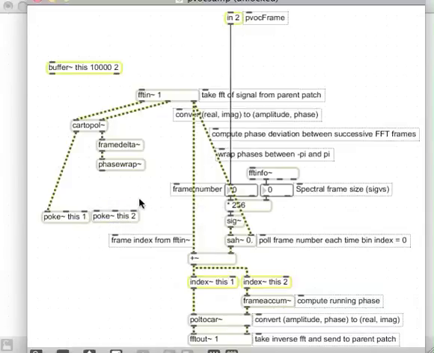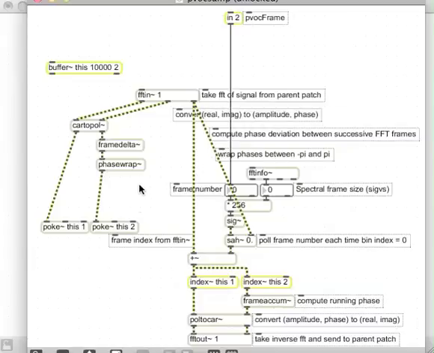And again, what was the imaginary and is now the phase, or difference in phase, the deviation in phase is what they like to call it here. We'll poke that into the second channel of that buffer. And what we're going to do to get the index to store these is very similar to what they're using here to read them back, which is we're going to take this thing and we're going to add it to